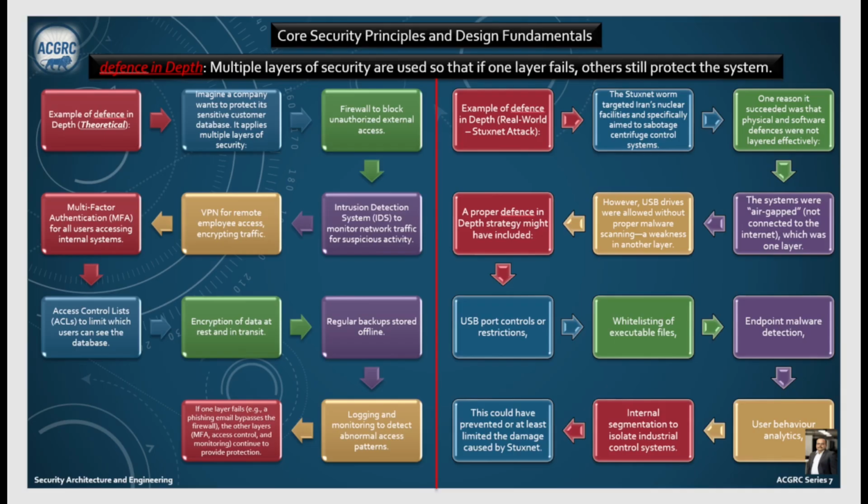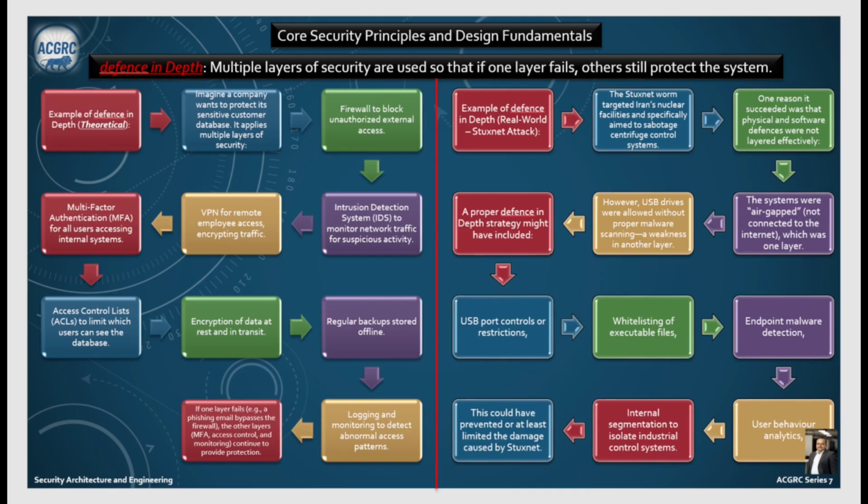Next is defense in depth. Let's look at the same using a theoretical example and a practical one. Defense in depth is about multiple layers of security which are used so that if one layer fails, the others still protect the system. So if you look at it from a theoretical perspective, example, imagine a company wants to protect its